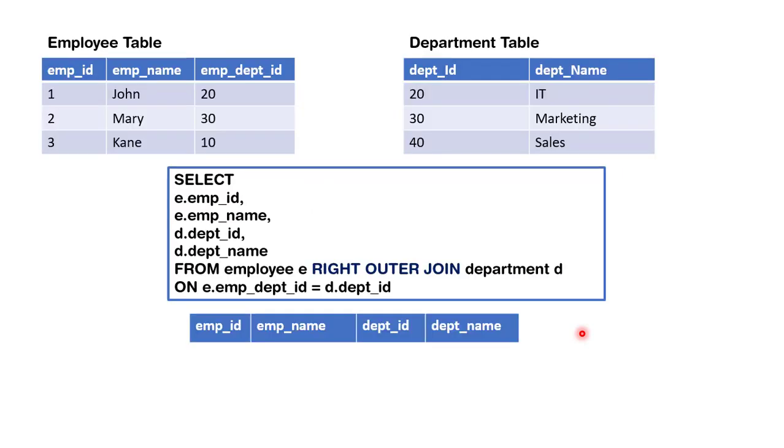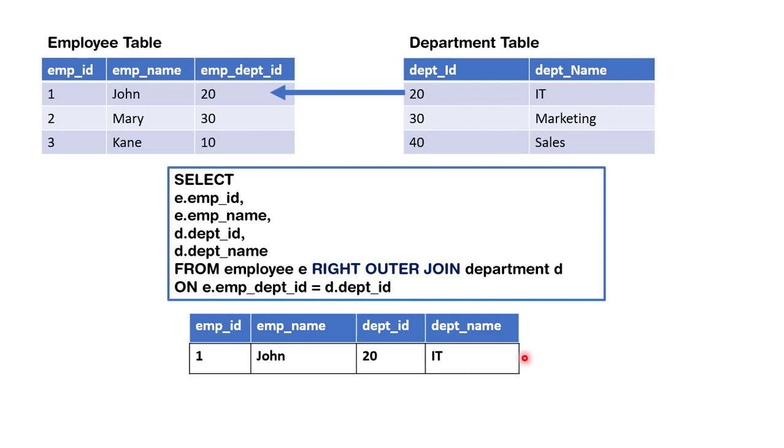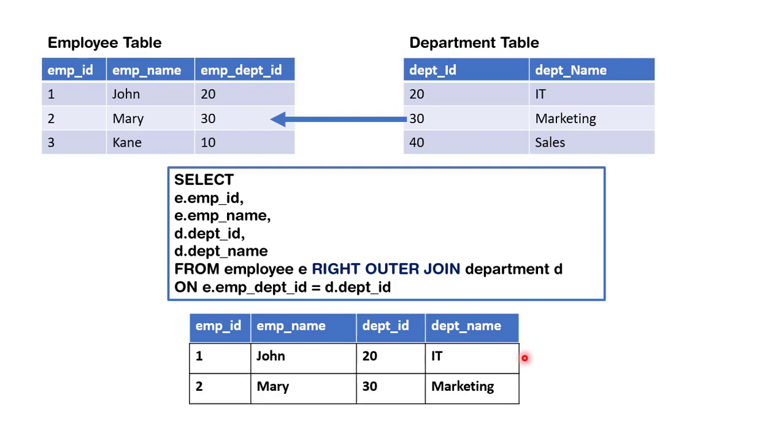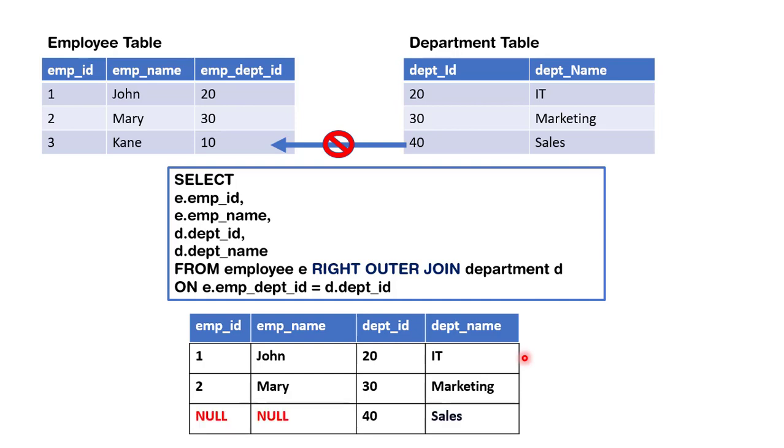So if you see, the opposite of it is right outer join, right? So suppose I am doing a join between employee to department, and let's see how does it work. You can visualize in this way that you're joining between department table to employee table, right? So if we see that department ID 20 is matching, so this record will come for sure. Then department 30 is coming, then this record will come. If you see department 40 is not matching, right? So what happens is this record will also come, but all the left side columns will come as null